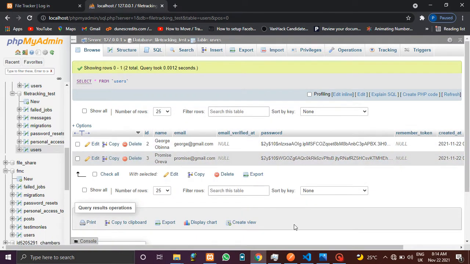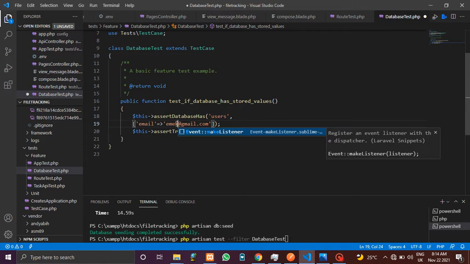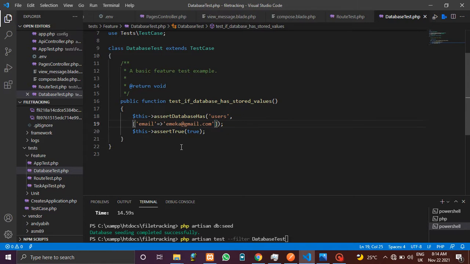But let's assume now that I am looking for another user. The test here is all about checking whether the database has a particular stored value. So if I say emeka@gmail.com and I run the database test,